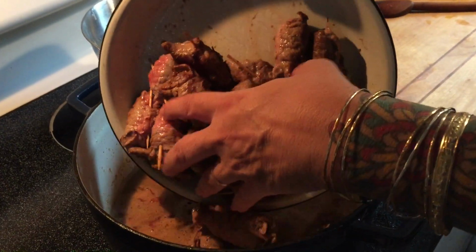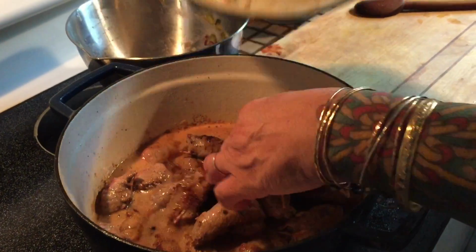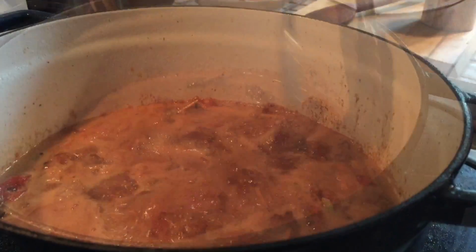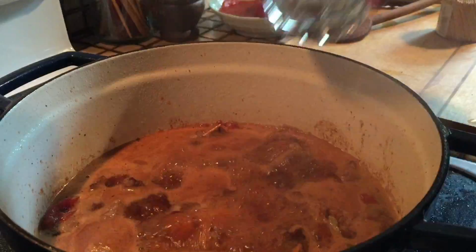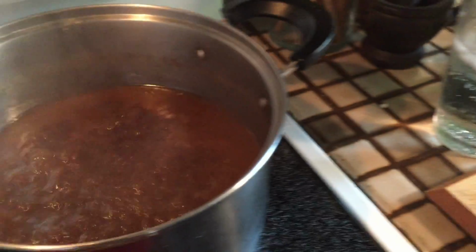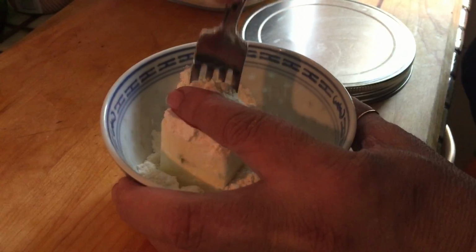Mom. Hello? If you don't like alcohol in your cooking, I am including the original recipe below, which is beef stock. Once you've got your beef rolls in there, you want to add a cup of water. Then you're going to simmer this. The goal is to cook some of that alcohol down and reduce it. Now the gravy is going to be a little thin, so you're going to want to remove your beef rolls